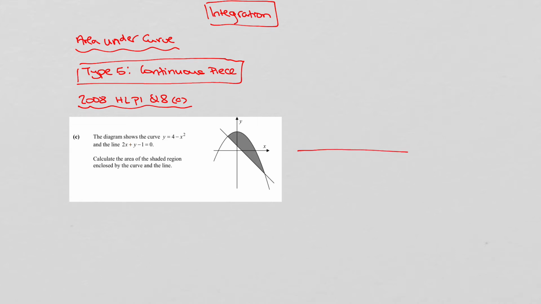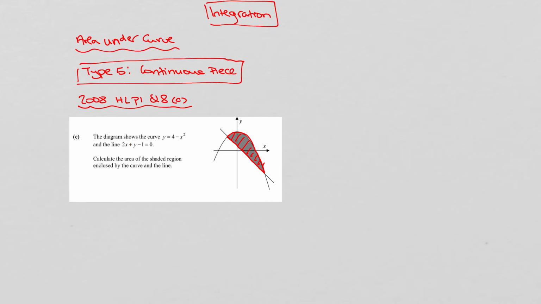So if we look at an example of what we've done before with above and below, we can see that we ended up with this kind of a shape. So it's not a continuous piece because we have this N shape above the x-axis separated then by a U shape under the x-axis. Whereas in this case, we have this continuous piece going above and below the x-axis. So when you get that kind of a shape where the line and the curve make a continuous piece, then